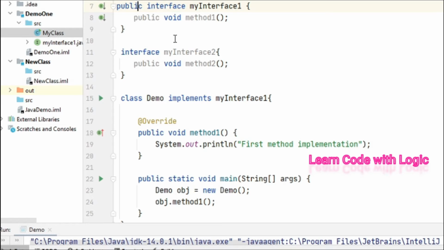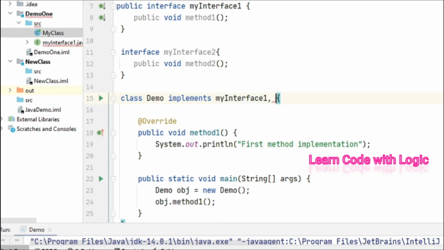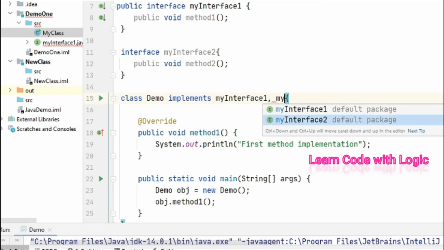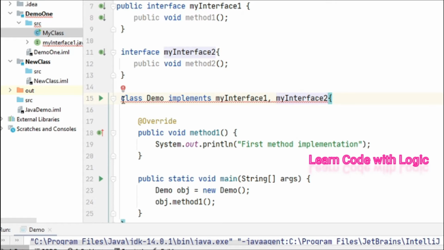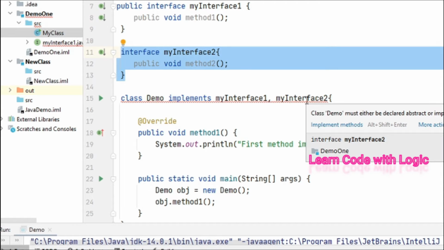What if you want to implement this interface also? We can do it like this, MyInterface2. This is called multiple interfaces. Immediately we need to implement this abstract method, right? That's the reason the compiler is throwing an error.